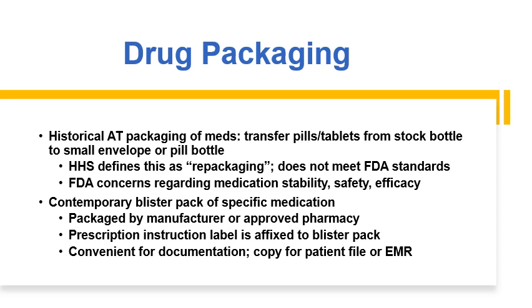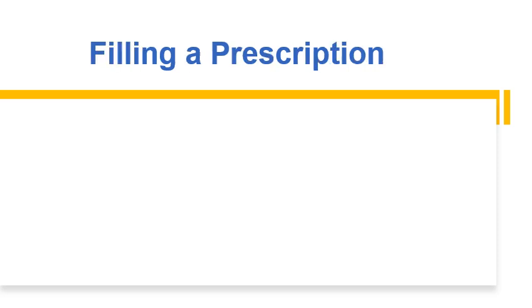And that's for the safety of the patient and for the stability of the individual medication. So it's important that all of that is kept in place. Particularly as it relates to documentation, from the standpoint of a prescription medication, having it in the actual pharmacy labeled bottle will be important for documentation as well. So regarding filling prescriptions, the appropriate process of furnishing prescription medications in an athletic training setting is no different than for any other patient